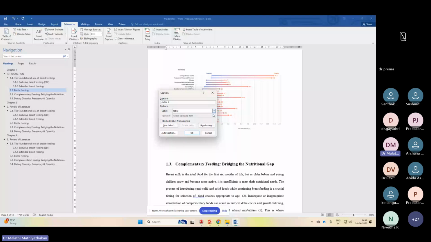So here we can see that it's figure 1.1, which means this